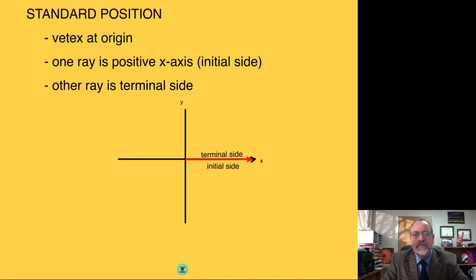Chapter 4, Lesson 2 of Pre-Calculus, we'll be looking at trigonometric functions of acute angles, and we're going to be using acute angles from some special triangles that we learned about back in geometry. You remember we looked at 30, 60, 90 triangles, and those had special trigonometric ratios associated with them: sine, cosine, tangent. And then we looked at the 45, 45, 90 triangles, which had special relationships when we looked at sine